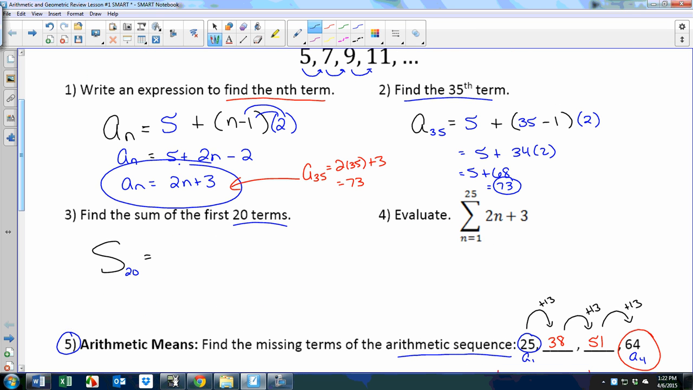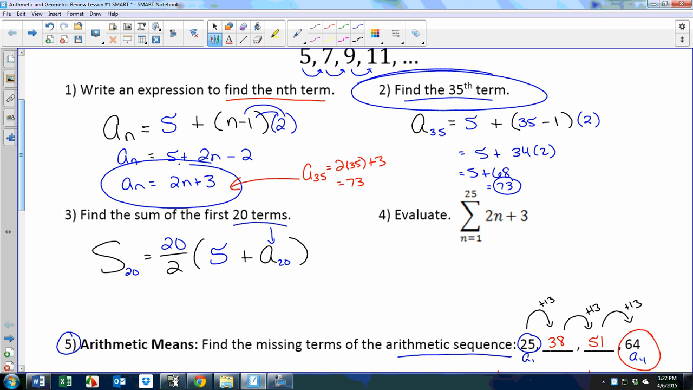S sub 20 equals 20 divided by 2 times first plus the 20th. Well, the first term is 5. But the question now is, what is the last term? What is the 20th term? Well, just like question number 2, you can find that 35th term using the original sequence formula or the one that you created in problem 1. You can do that here. The 20th term, a sub 20, equals the first term 5 plus 20 minus 1 times d, which is 2. So 5 plus 19 times 2,